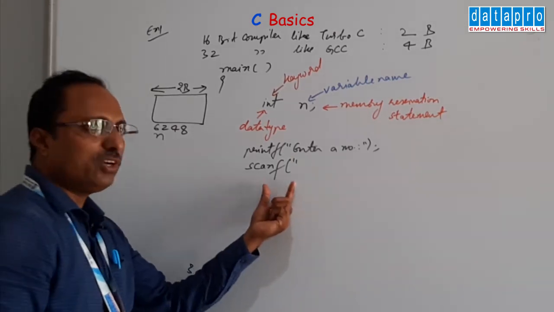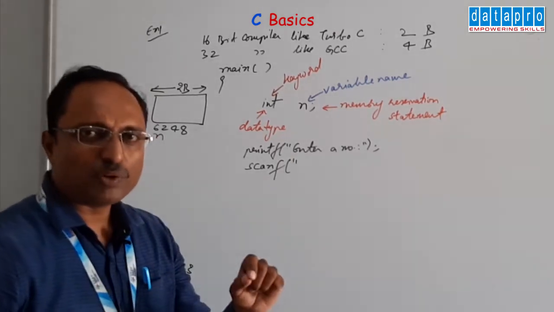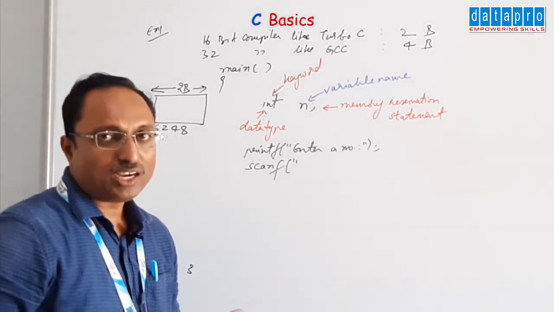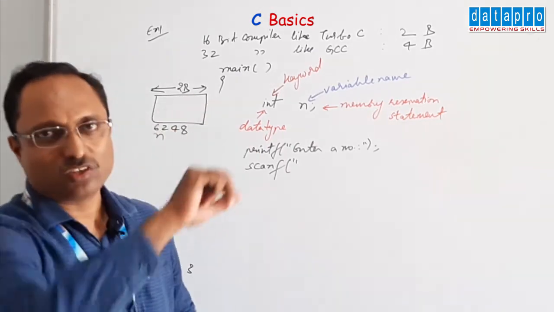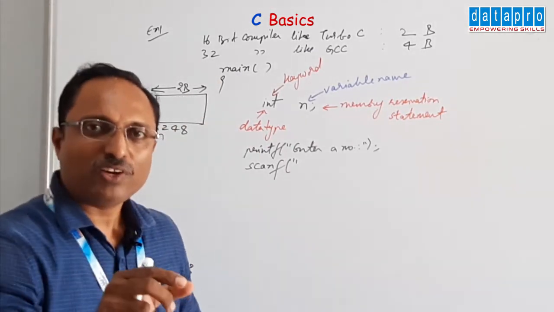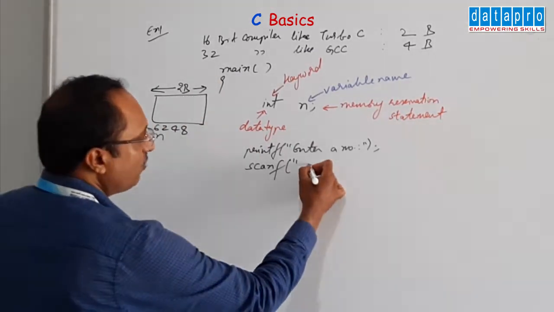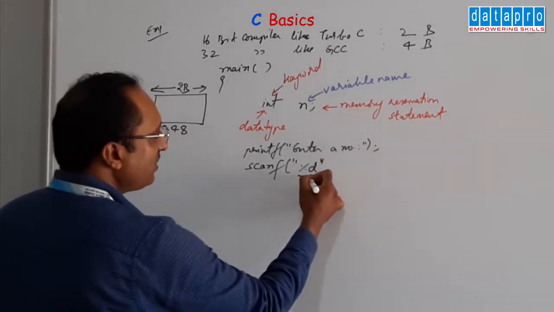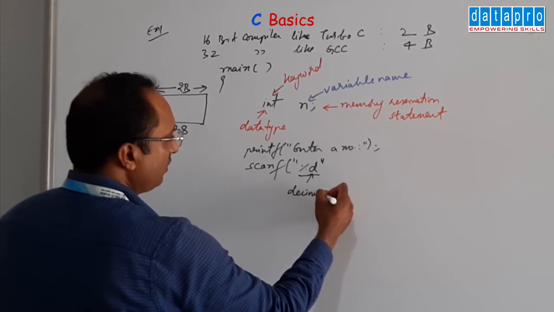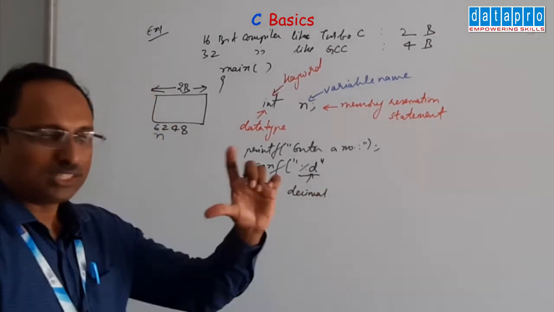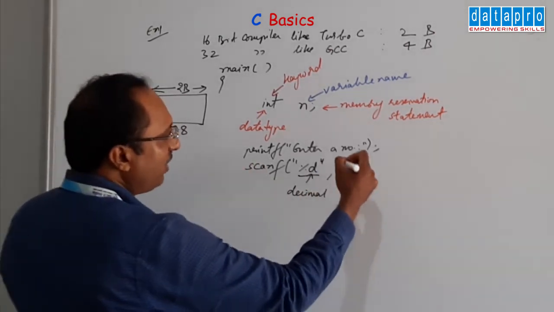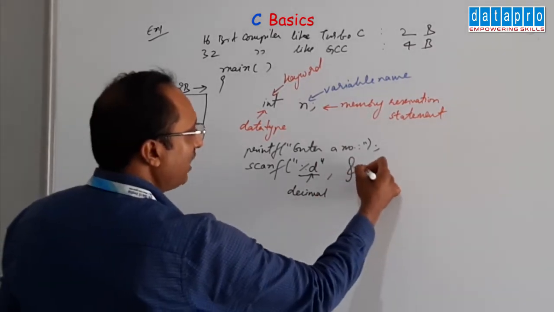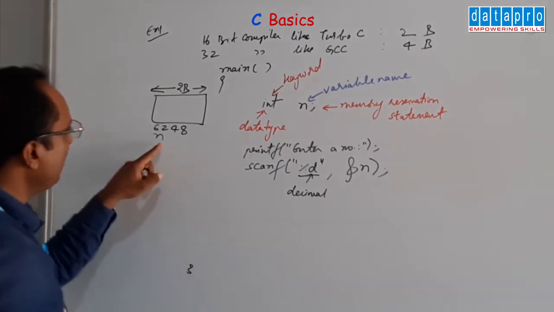To the scanf, we have to give information that conveys what type of data we want to read and where we want to store. Those two things we have to convey to the scanf function. So, %d indicates what type of data. d stands for decimal. Integers are also known as decimal numbers in a C program. Then where do we want to store? In this address 6248. That is indicated by address of n.